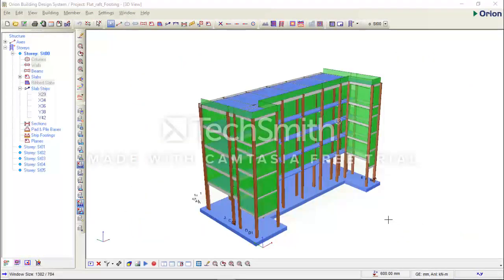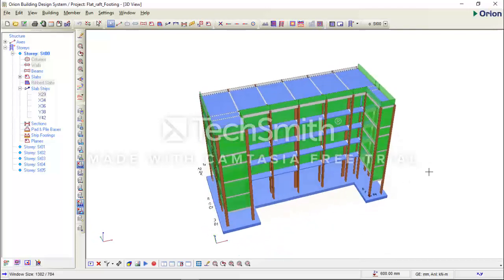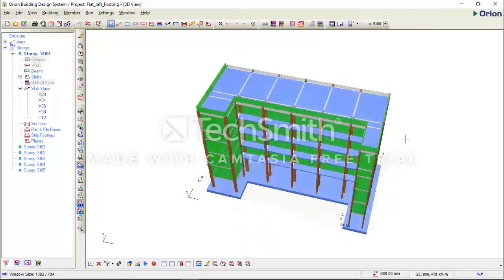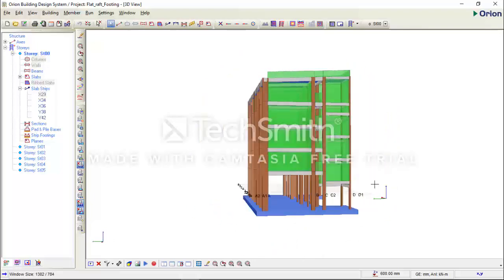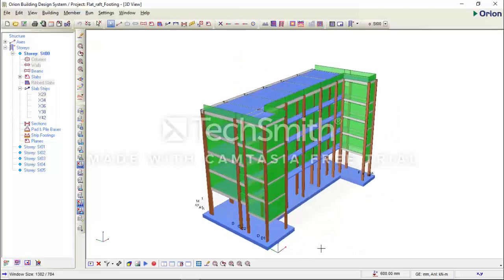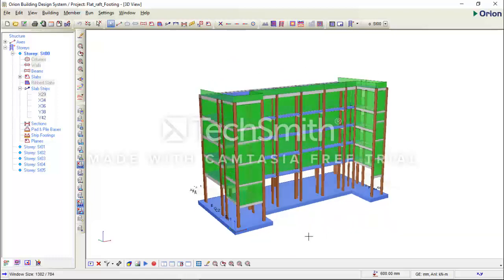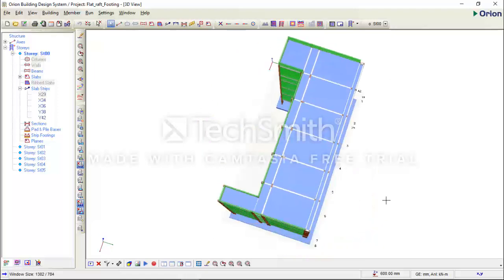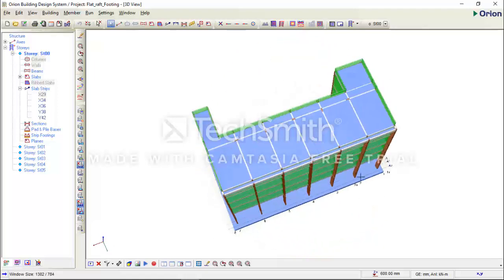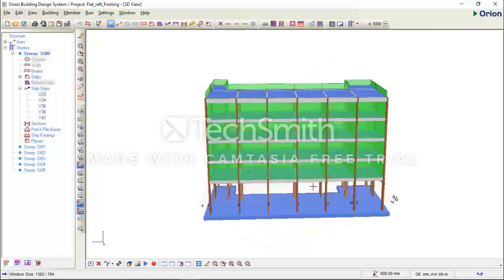So I'll click. This is how my 3D view will look. Don't mind the appearance of my 3D view. I made some editing to the 3D view appearance. As you can see, this is my foundation model for the flat raft design. You will see the 1 meter apron at the perimeter of the building in 3D, and the essence of the apron is to reduce the soil pressure beneath the foundation.